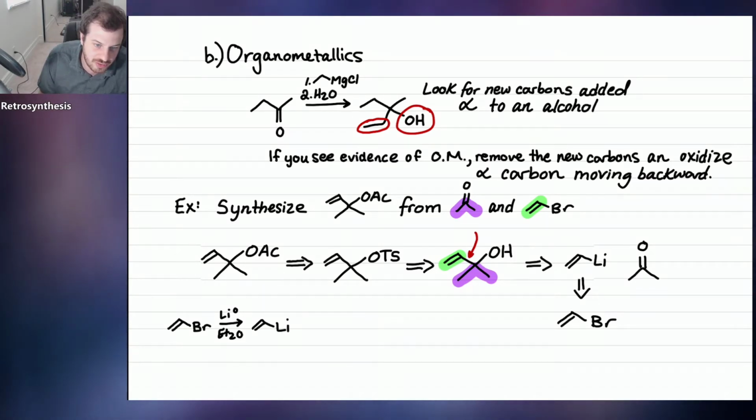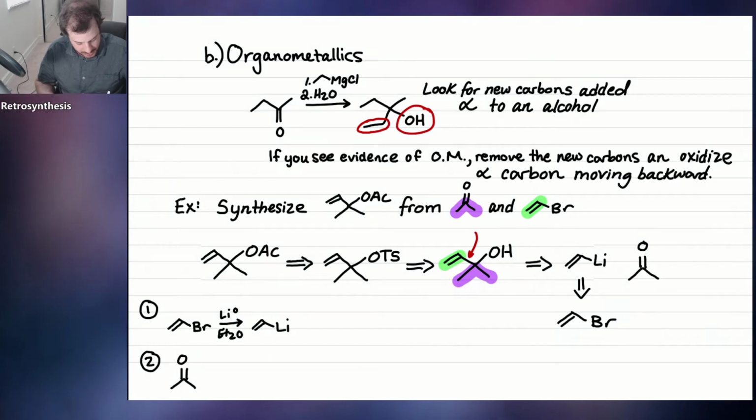That's going to turn our alkyl bromide into our alkyl lithium. Once you make something, you can use it an infinite number of times in the future. So this is part 1. Now part 2, we'll take our ketone and we'll treat that with the organometallic. So step 1,